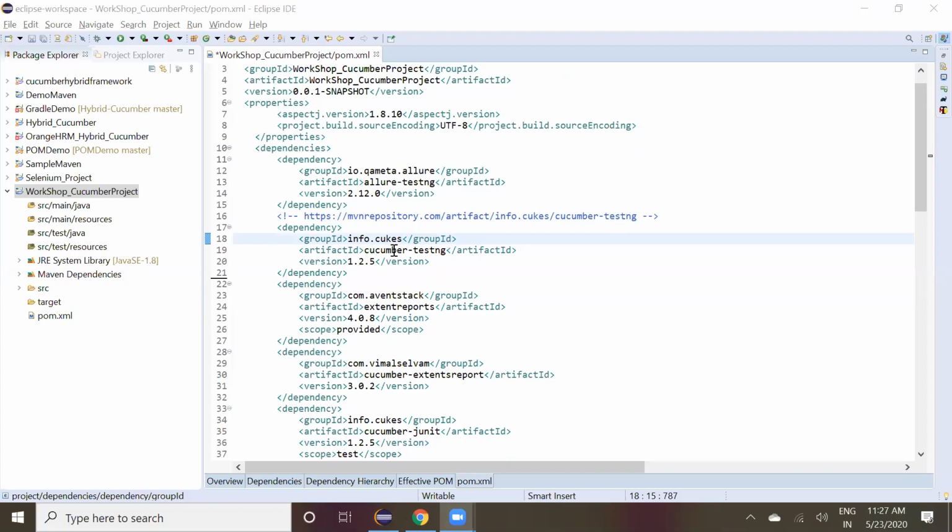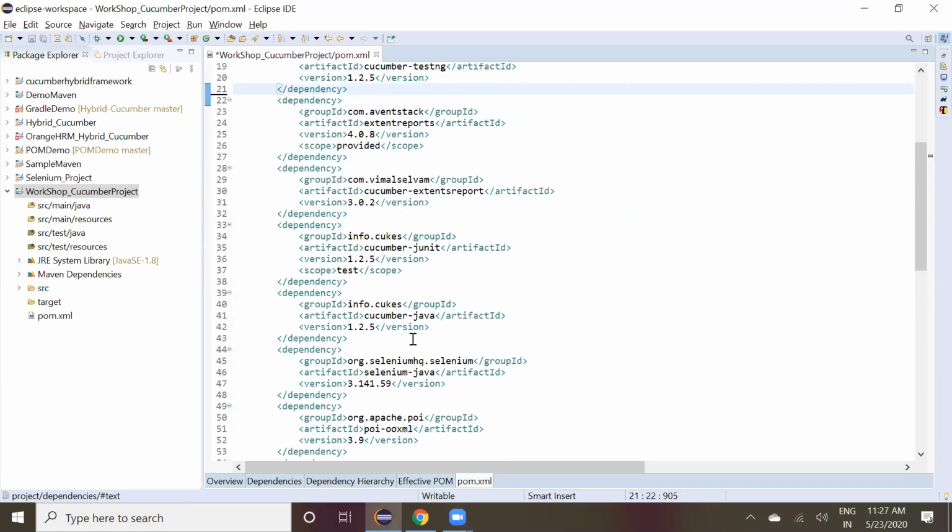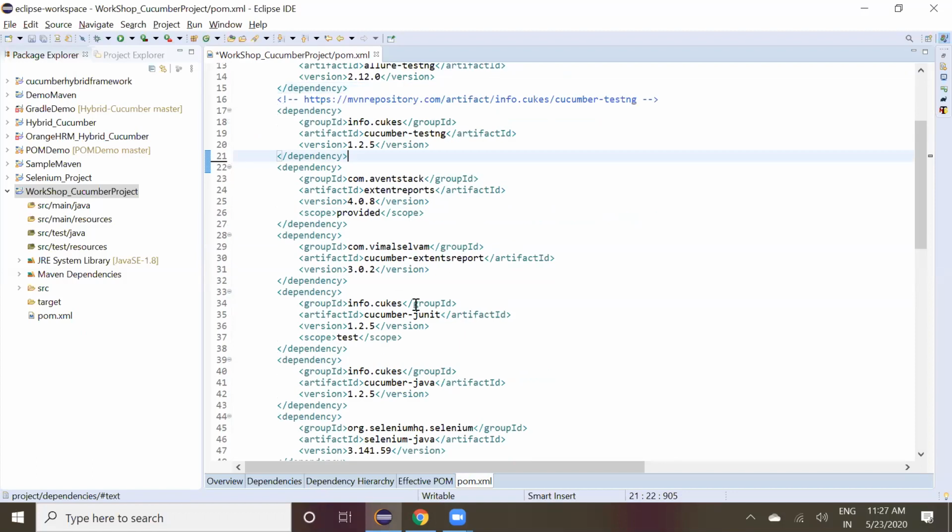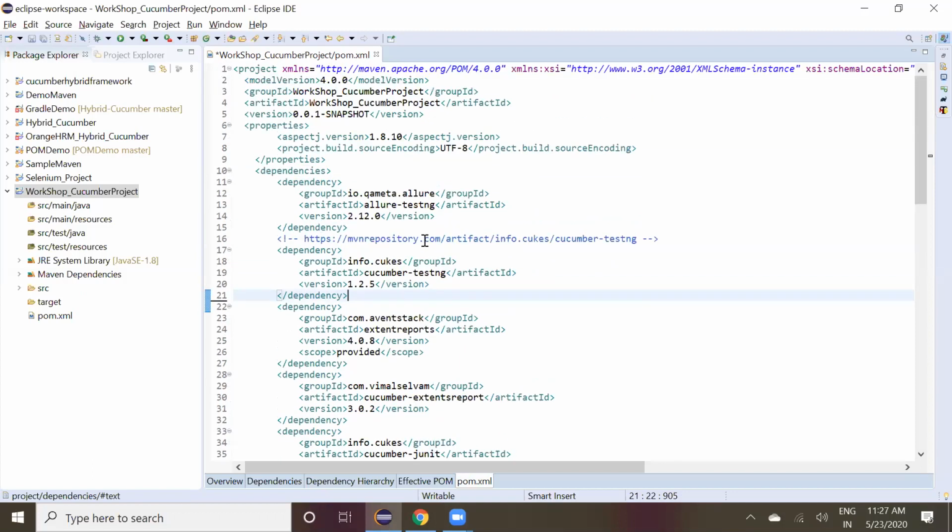Today, in which method do we have to run, JUnit or TestNG? We'll run with TestNG. Okay, because in this dependency there is no JUnit dependency, so that's why I'm asking. No, you also have no need of JUnit. We'll run with TestNG today. Okay, fine.